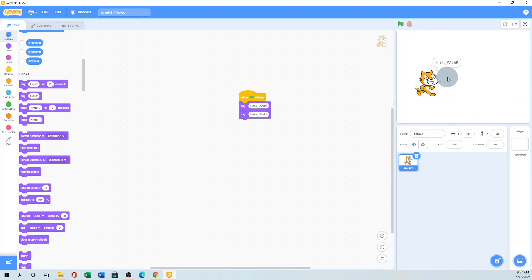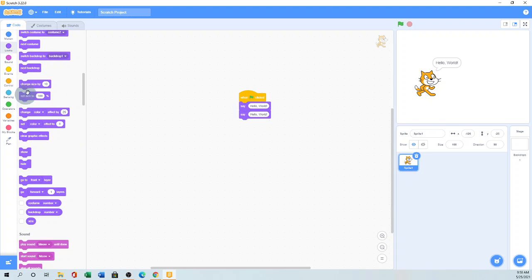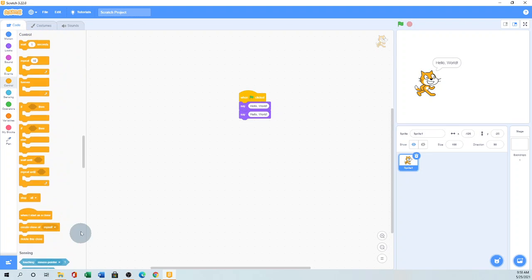See here it seems like one hello world, but I use two functions hello world, but we don't see it because computer runs so fast, that's why we cannot see how many times they speak the hello world, I mean the say function. This one, the purple one, is called the function actually. So for that we have another option in the control section, we can see the wait 1 second. So see, it's just drag and drop and it will automatically connect the puzzle. Now if I click it,